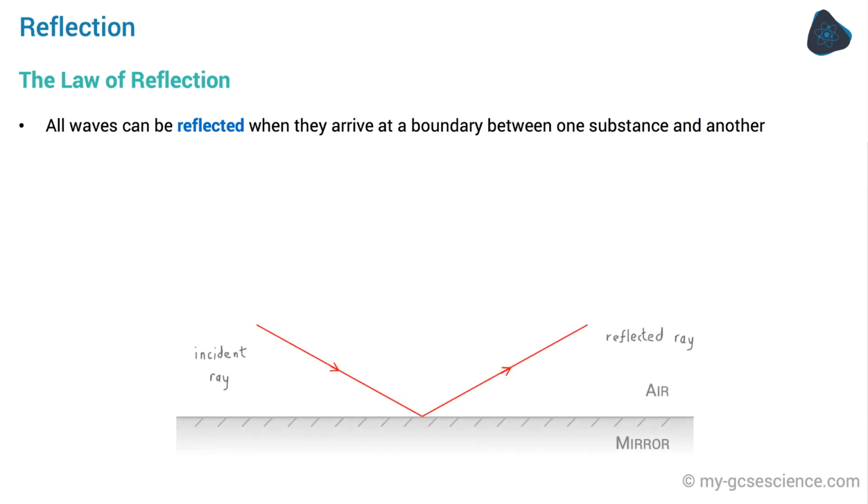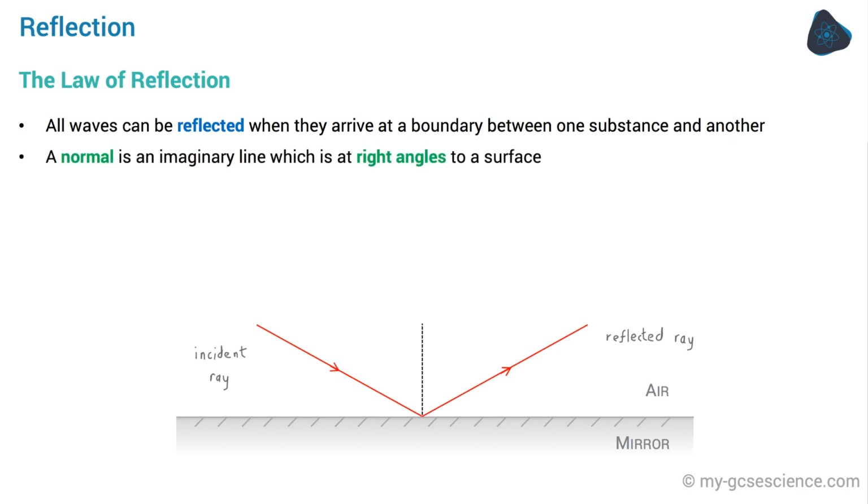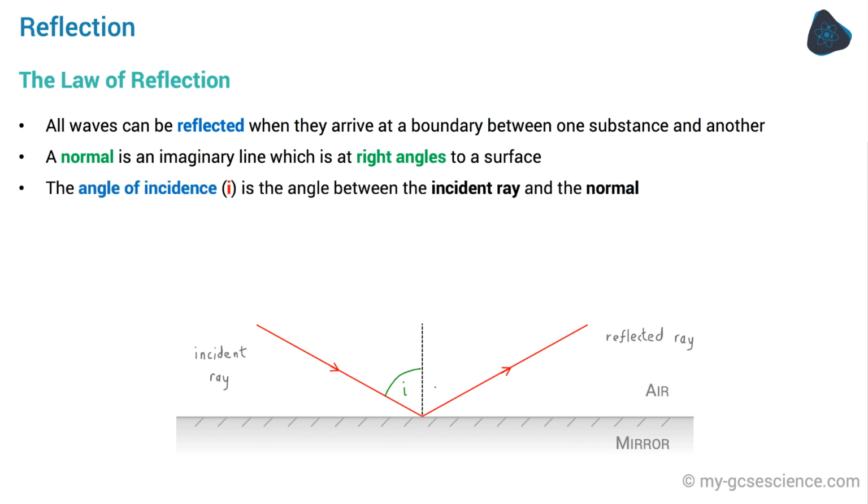Have a look at this light ray as it's reflected by a mirror. We can draw a normal at the point at which it strikes the mirror. A normal is an imaginary line which is drawn at right angles, or perpendicular, to a surface. The angle between the normal and the incident ray, that's just the ray that's travelling towards the surface, is called the angle of incidence, I, and the angle between the normal and the reflected ray is called the angle of